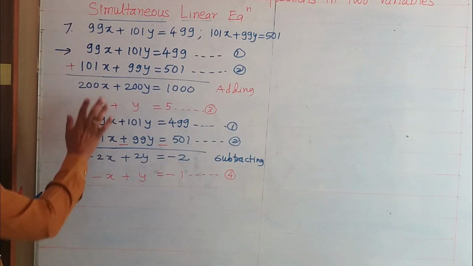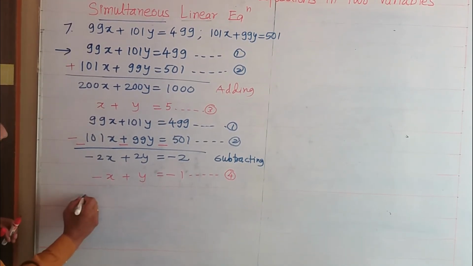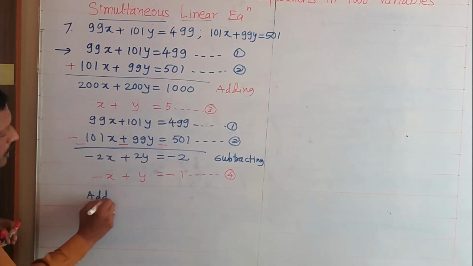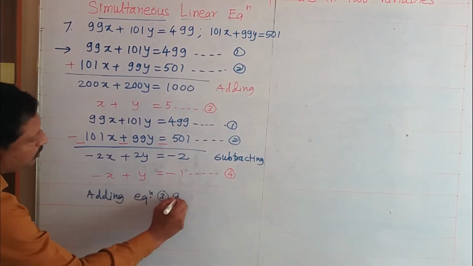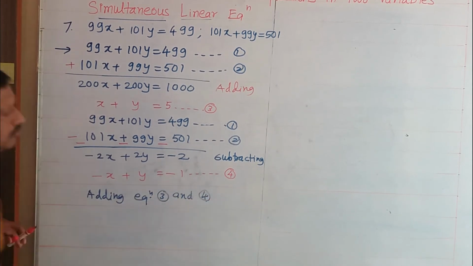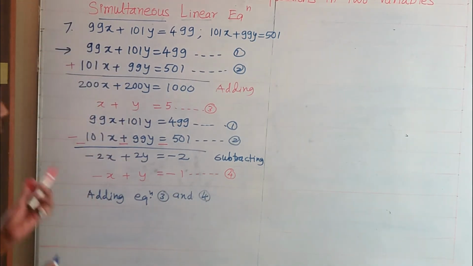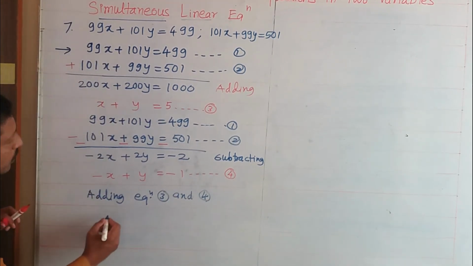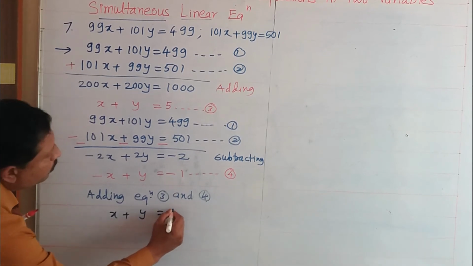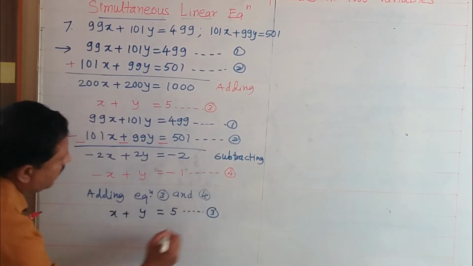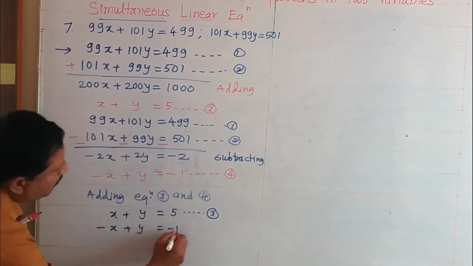Now we can solve equation number 3 and 4 by elimination method. So adding equations 3 and 4. Write down the equation: x plus y is equal to 5, equation number 3, and minus x plus y is equal to minus 1,